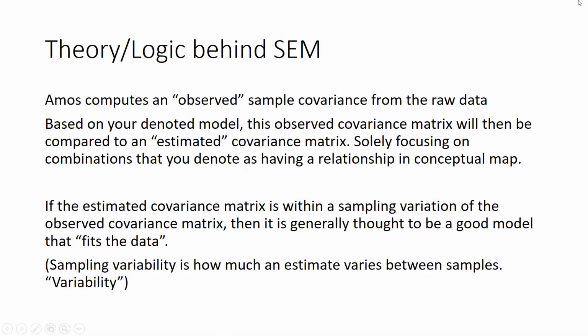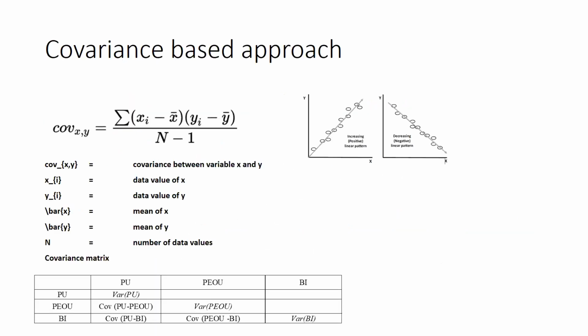If you are aware, if you take two variables and find the correlation between the two, it would be on the basis of covariance. Covariance is nothing but the formula that I have put up here. I have variable x and variable y. I take the mean of variable x and the mean of variable y. I take all the observations x1, x2, x3 and subtract them from the mean of x,